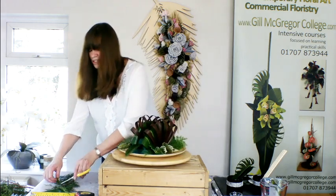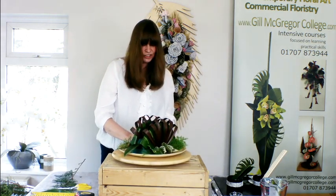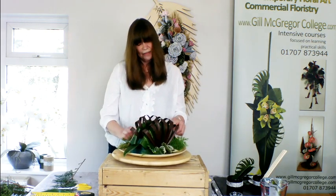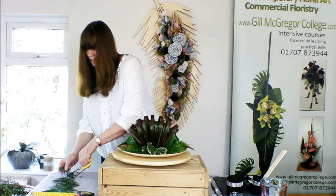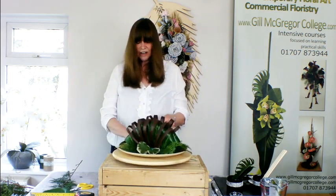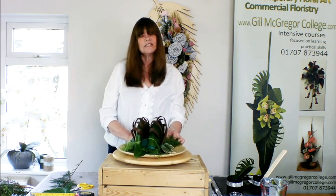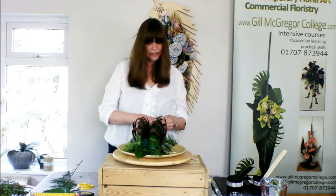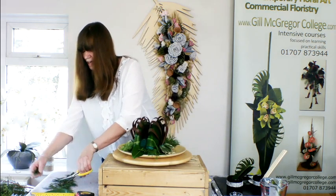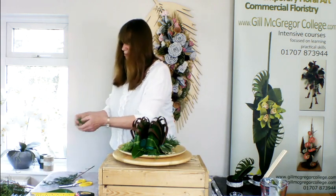And then all I'm going to do then is just use some small placements and just add a few little pieces, just so that we edge really at the bottom and hide the majority of the foam before we start to concentrate on the centre of the design. Try and insert the stems at a diagonal angle so that they drip down. So we're just placing these like so, and I think after a couple more pieces then I've got sufficient compressors